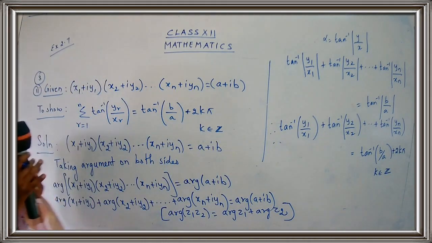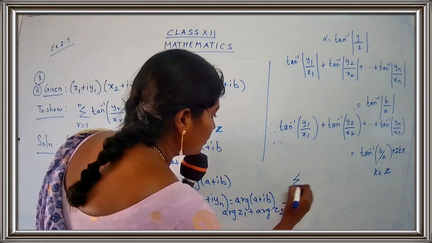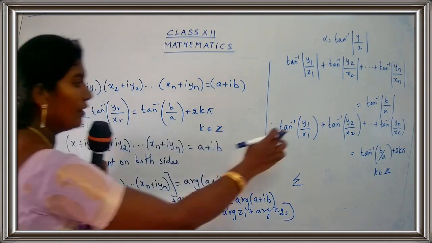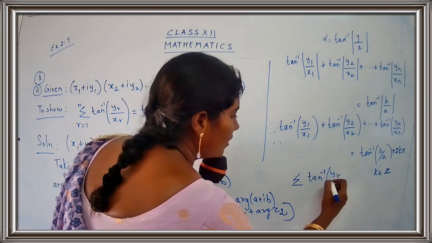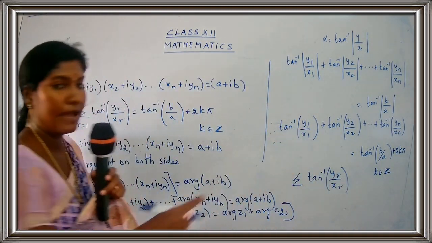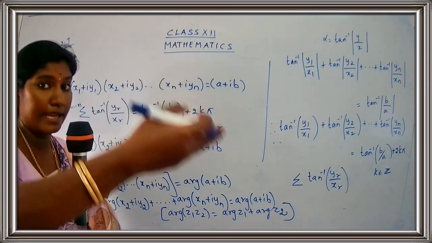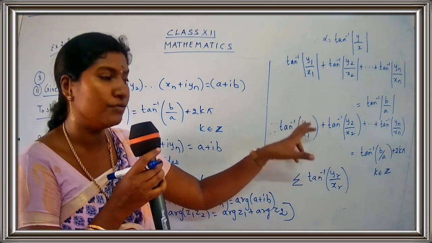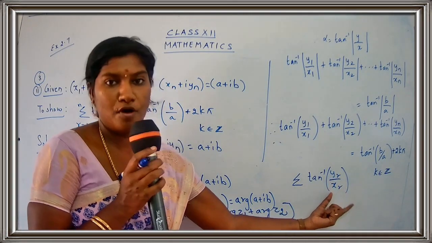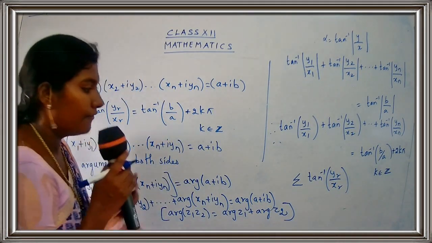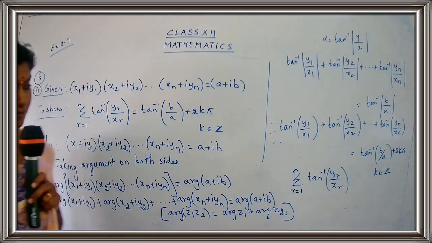So let's see how to write the summation part in this rule. So this is summation. I'll just put here summation. And what do you have here? Tan inverse. I'm just going to take yr upon xr. Generally, the value of y takes values from 1 to n: y1, y2, y3, it goes till yn. So generally, instead of using 1 to n, I'm going to use a term r. So this is yr upon xr. Now what is the value for r? The value for r is from 1 to n. I hope you're clear with the step, children.